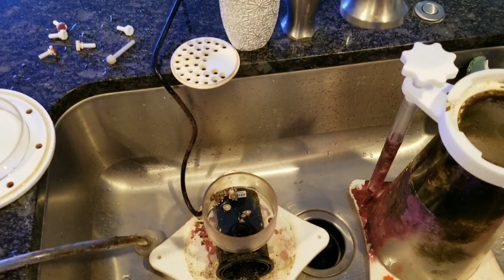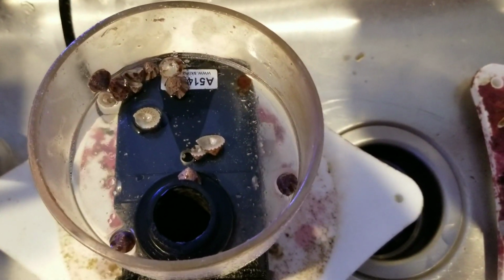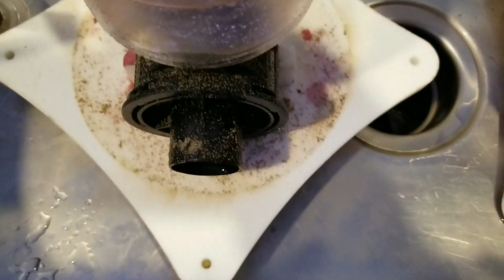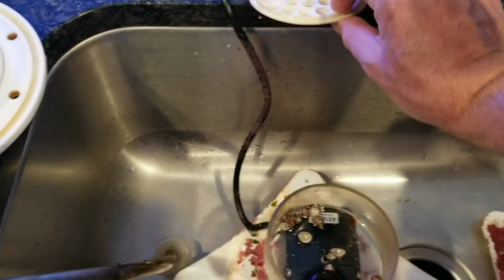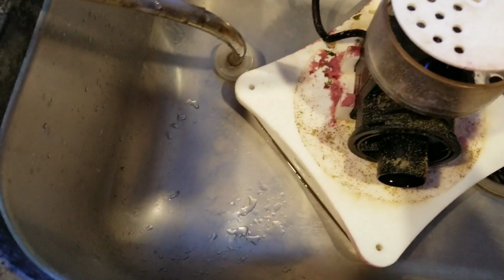Taking apart the skimmer to clean for the 75. And I discovered a bunch of baby trochus snails, some dead, some alive. I guess they're entering through the bubble plate,